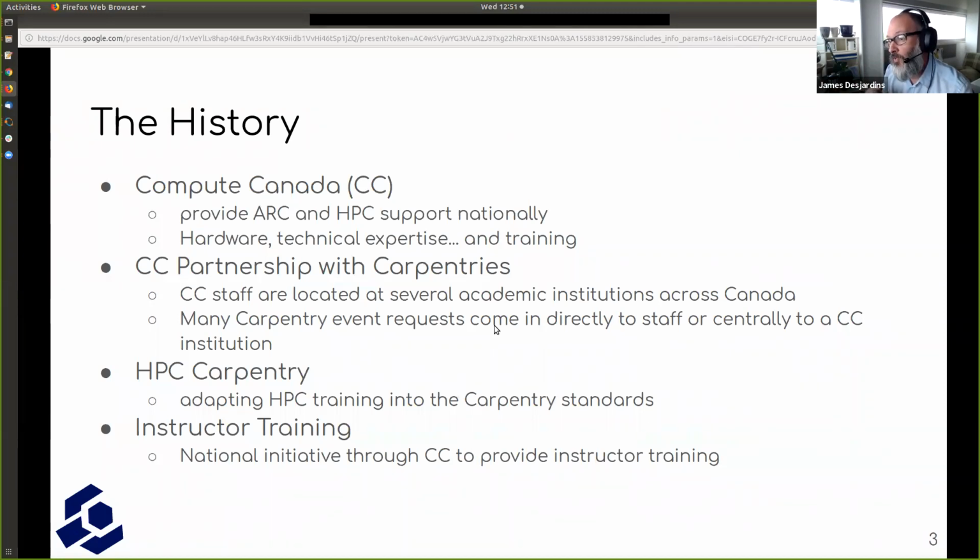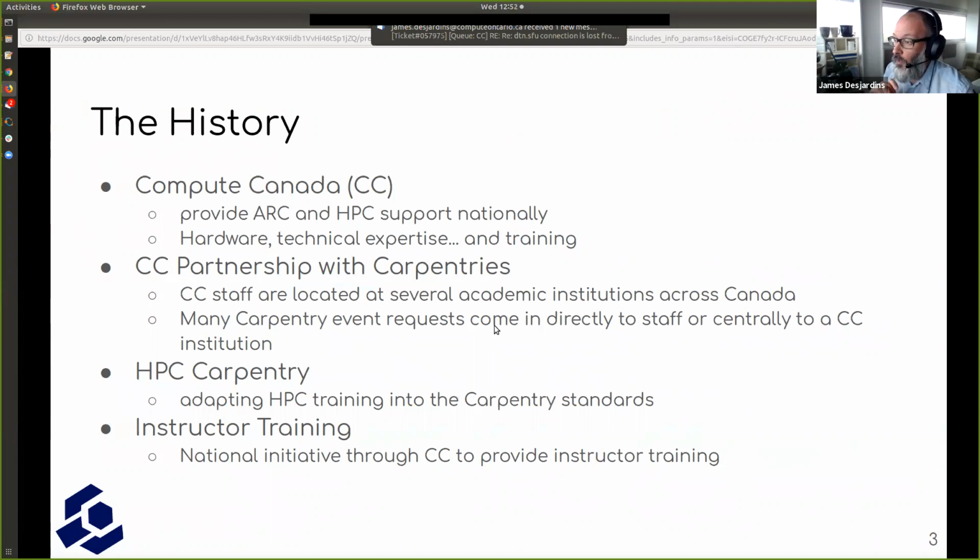And a lot of the requests for the Carpentries would come through those relationships that already existed with the Compute Canada staff. So this resulted in a lot of events being self-organized through the Compute Canada staff.